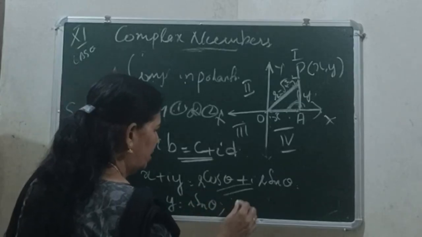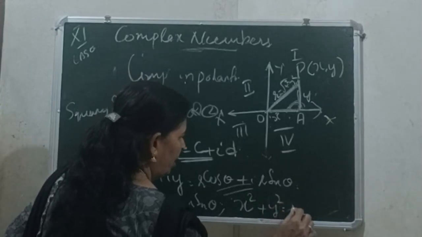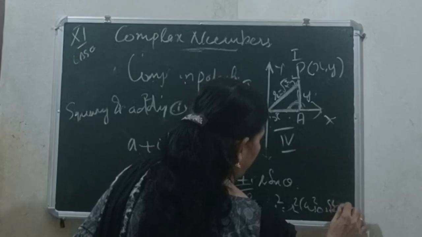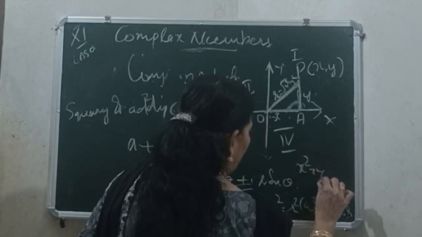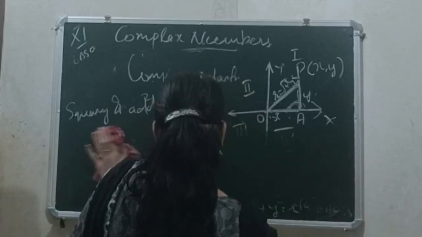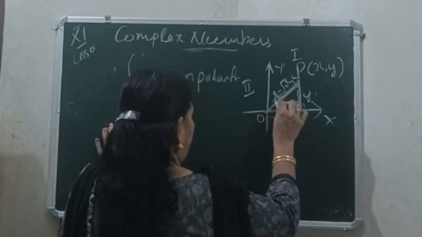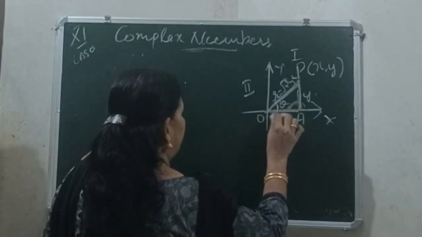Squaring and adding these equations, we get x square plus y square equal to r square into cos square theta plus sin square theta, that is equal to r square into 1. x square plus y square equal to r square. Theta is this angle theta. Then considering this